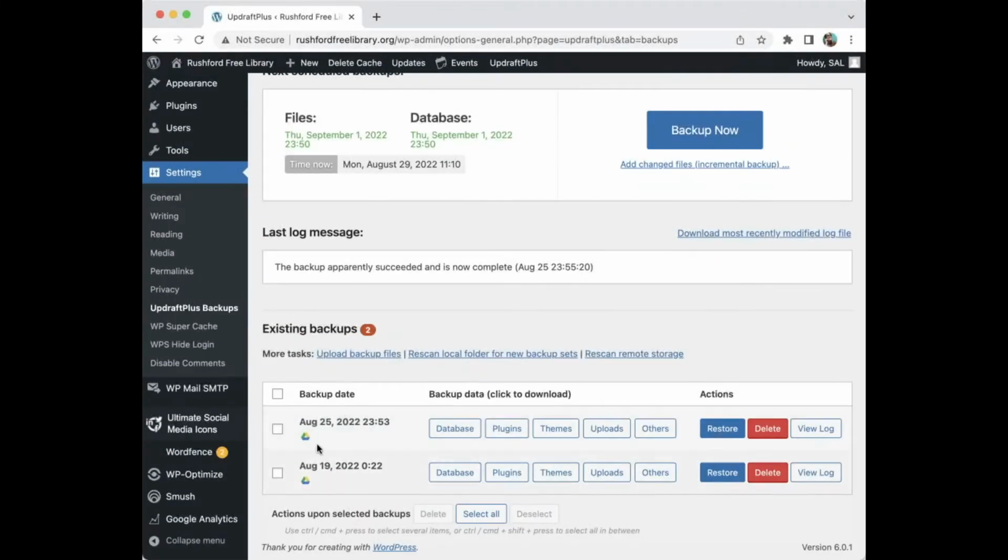And the good news is I can see that this website was backed up on August 25th of 2022. I can also see that Rushford has linked this to a Google Drive account, which is great. I worked with them to set up a Google Drive account for their library, and they were able to have these backups run automatically every week and be saved to that Google Drive account. So if something were to happen where their website was to break, we would be able to work with them to access that backup file from their Google Drive account and then help them restore their website to that latest